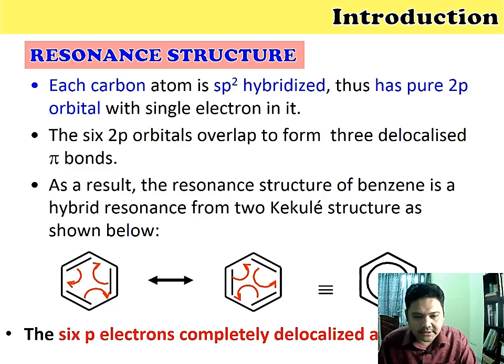As we can see here, there are three pi orbitals which form the double bonds, and as a result the resonance structure of benzene is a hybrid of two Kekulé structures as shown below. So for benzene we can write it like this, or we can draw it like this. This one represents these two structures, because of the resonance structure that exists in the